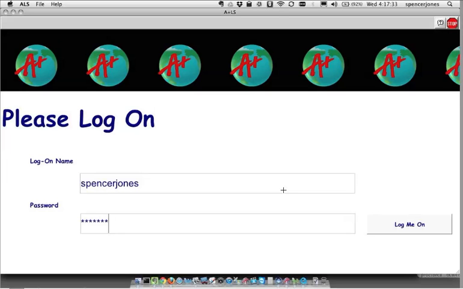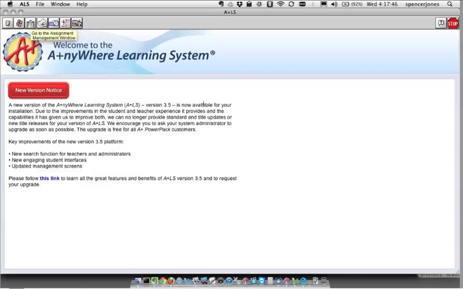So the first thing you do is launch A+ by clicking the A+ icon on a computer that has it installed. Here, that's all the laptops in the computer lab and all the computers in the library. Then you log in and you'll come to this initial page here and you click the class management or assignment management button,